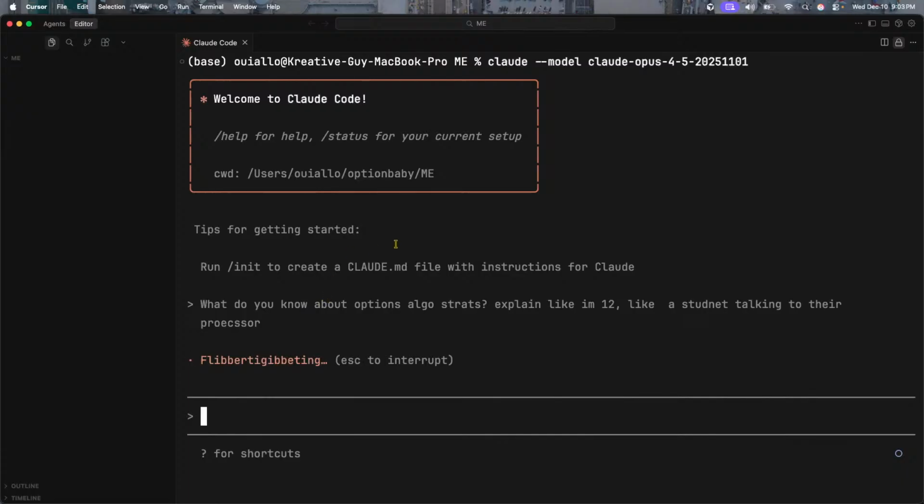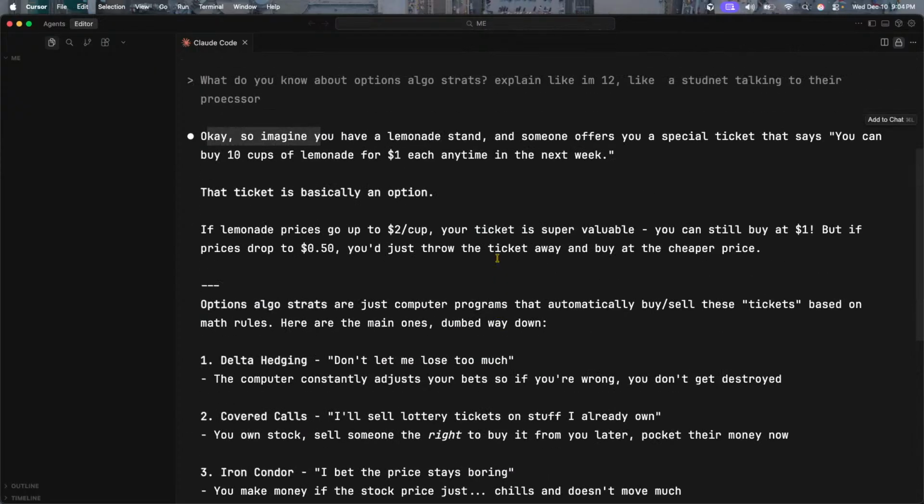Beautiful. Now we already had ChatGPT kind of explain this to us. Fibberty gibberty. That is hilarious sometimes with these adjectives that it brought out. Okay. So imagine you're at a lemonade stand and someone offers you a special ticket that says,